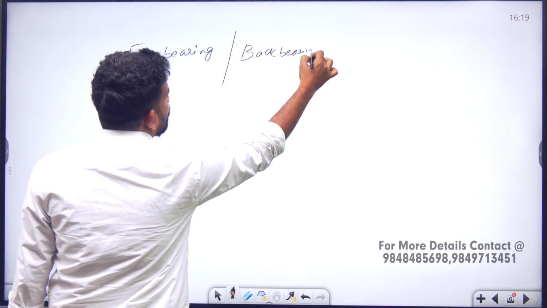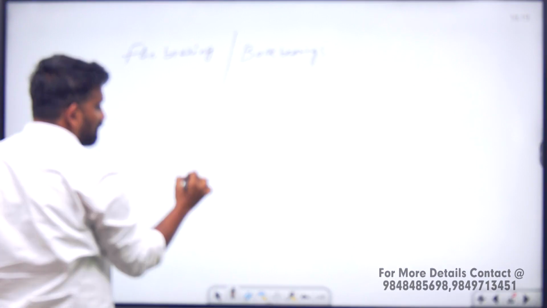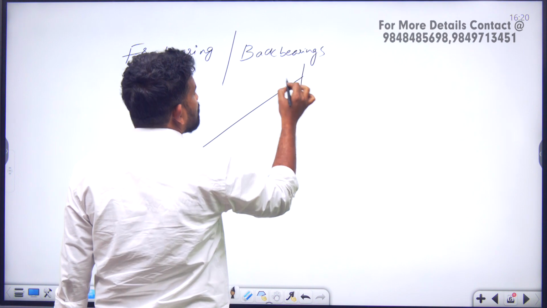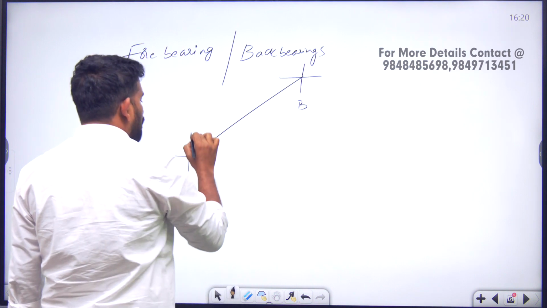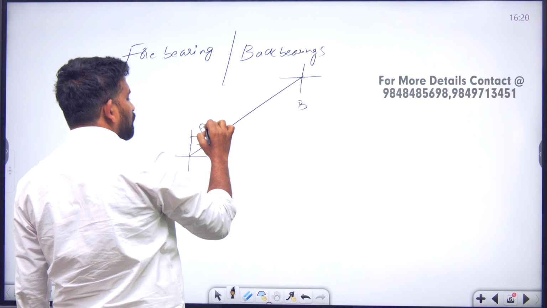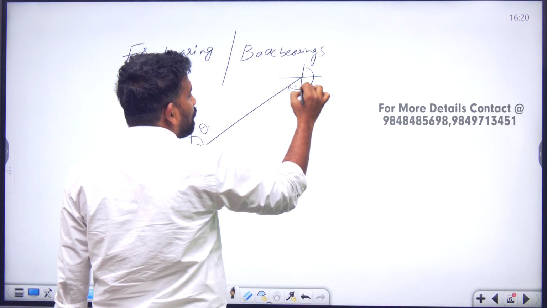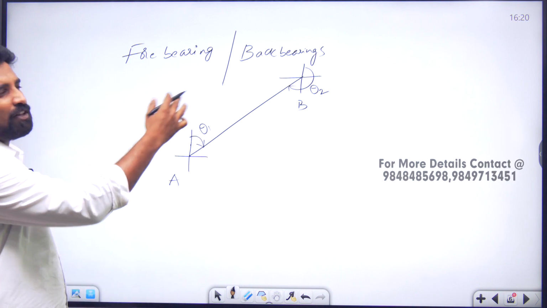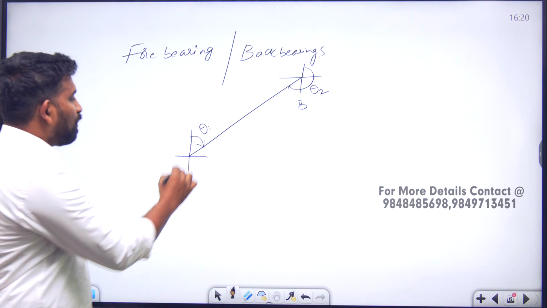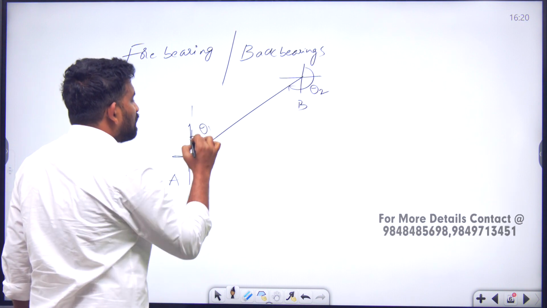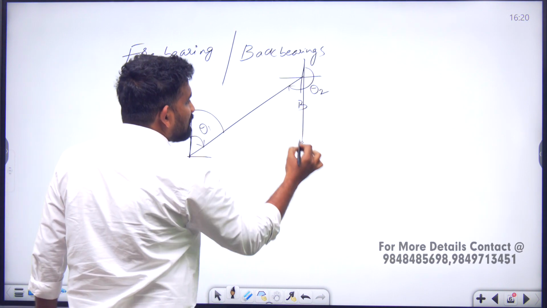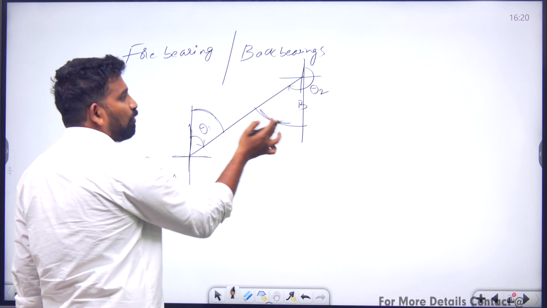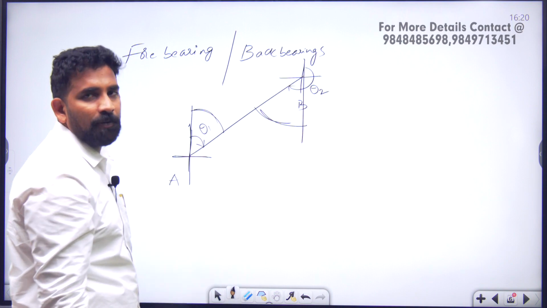Now see here, this is a station A, here I am having a station A. I am finding out an angle, and this is your station B. Here for example, if the angle is theta 1, and here the angle is theta 2, the difference between these two will obviously be 180 degrees, because this angle theta 1 is nothing but this angle theta 1. So this angle is equal to this angle. If I remove this angle, obviously we will be able to get 180 degrees only.